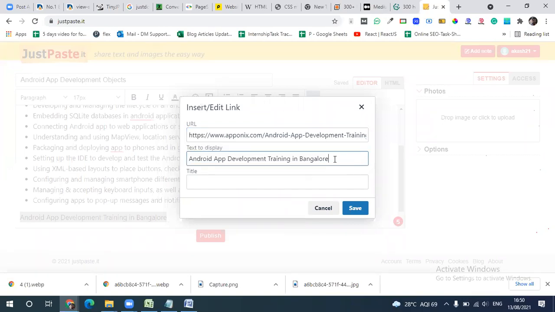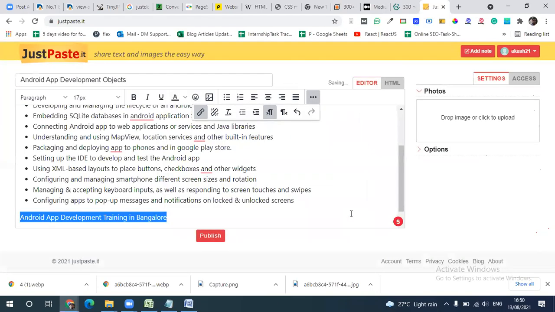Title also you can do the same way. Why do you have to hyperlink this? Because we are targeting this keyword for ranking purposes. That is the reason you have to do this. Let's say I will save.